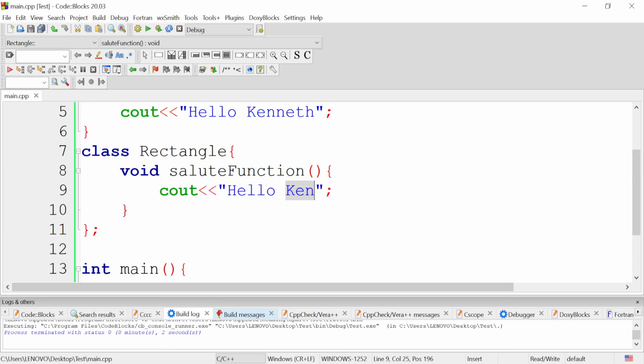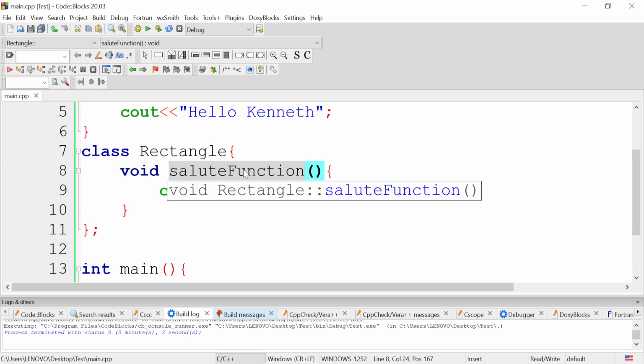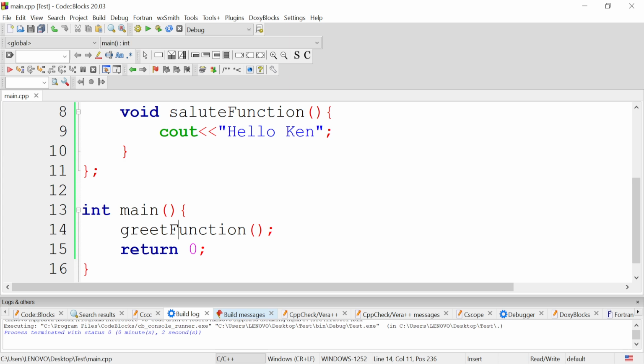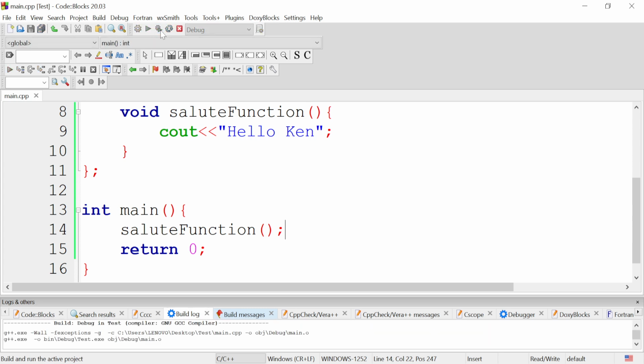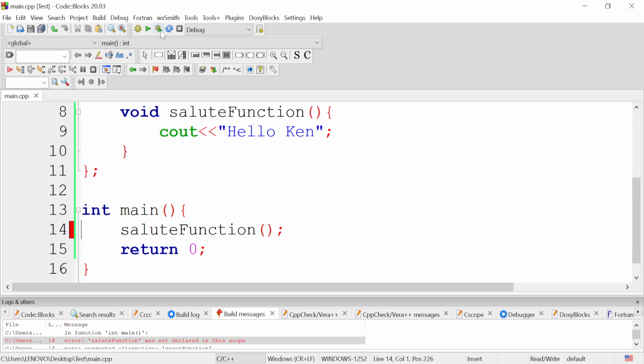Okay, now the salute function, which is practically the same, however, because it is inside of a class, we are calling it a method. If I try bringing the salute function over here, the salute function, I'm even struggling to type this because it is not showing up. When I run it this way, we have a problem, and it says that the salute function was not declared in this scope,